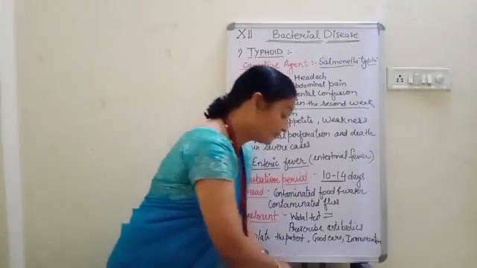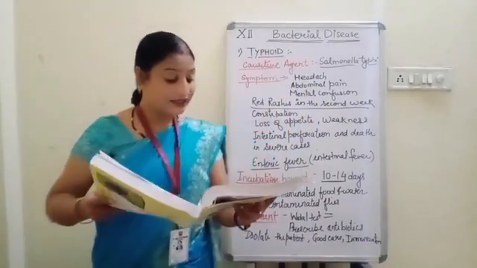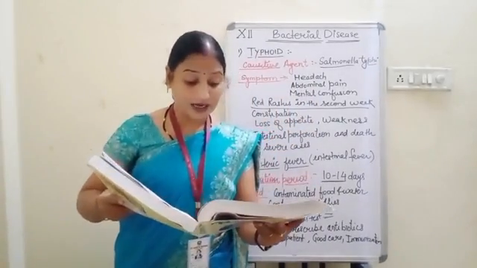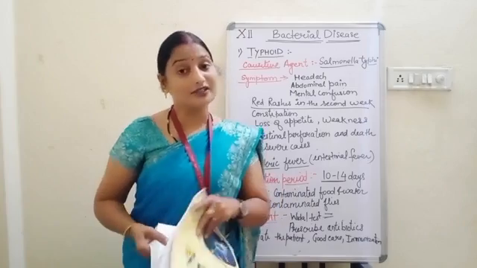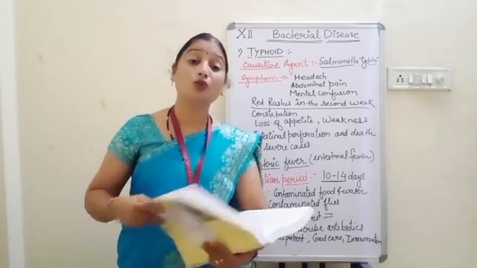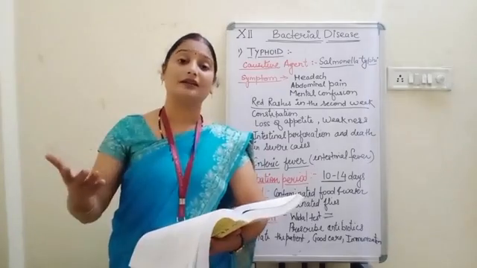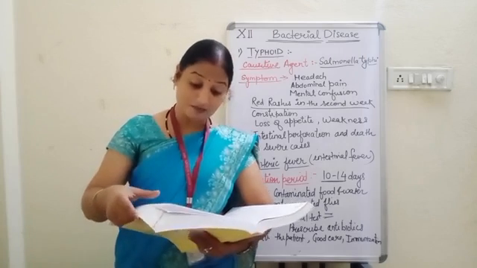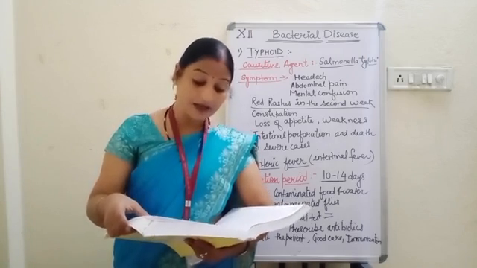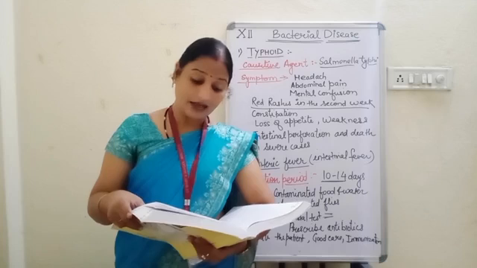Now in your book, one or two very important points are given. See, there may be relapse about 2 weeks after apparent recovery. After 2 weeks of the recovery, the patient may get the disease once again. First point. And the second important point that is given here: about 3% of the patients become carriers after they have